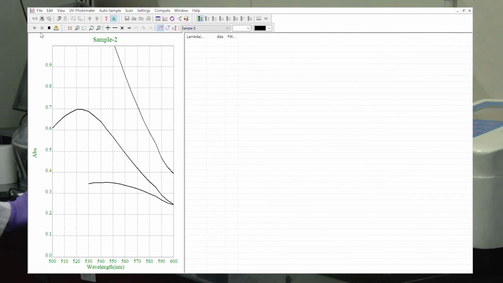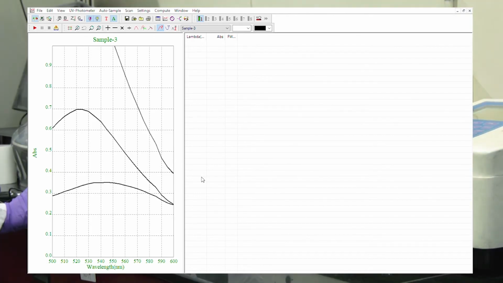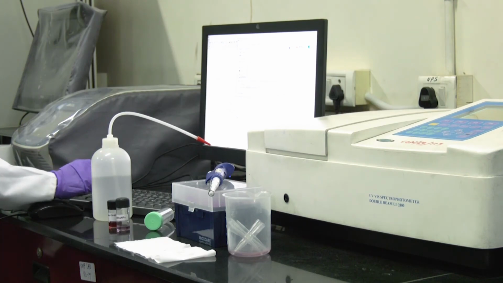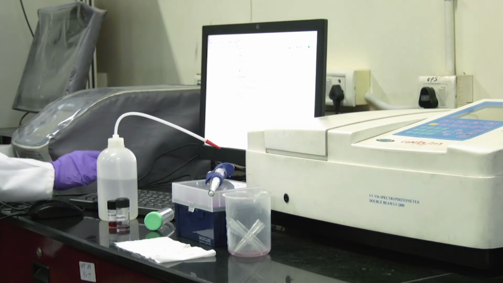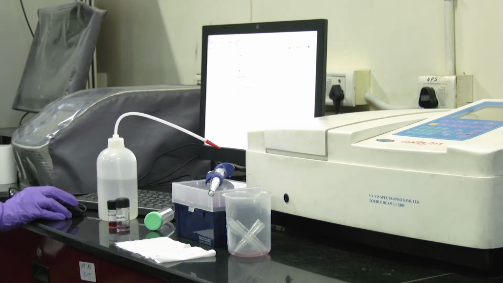You can see that it is taking a reading, and you can observe a broad peak around 530 to 550 nanometer. This shift in the peak towards right side is due to the capping of tannic acid on gold nanoparticles. For saving the file, you can click on the Save As option and save the file with proper sample name and date.